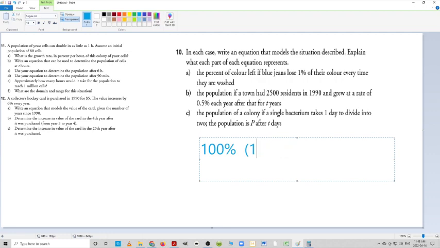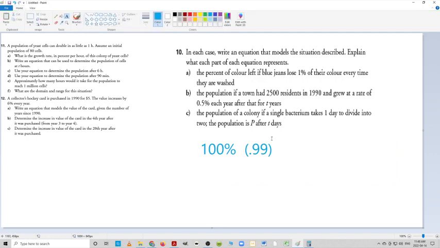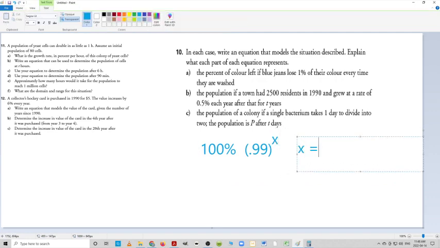But if I'm losing 1%, what's 100 minus 1%? 99%. Now, which is 0.99, right? You could also do it this way. You can convert them to fractions. What's 1 minus 0.01? It's 0.99. So now, for every time they're washed, x will be equal to the number of times they're washed,